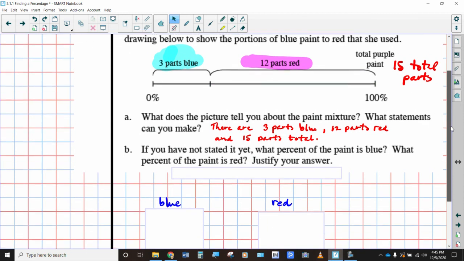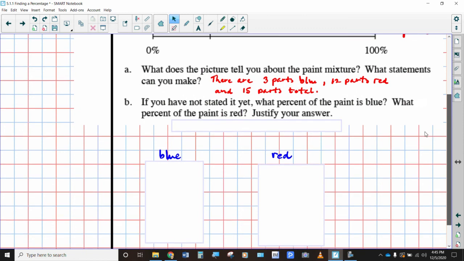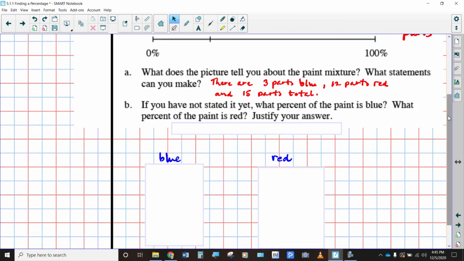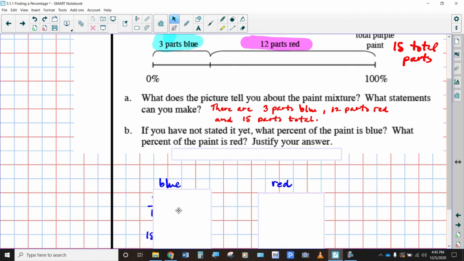So let's figure out what the percents are. How much of this paint is blue and how much is red. Let's set up the percent proportion for each one of these situations. We know 3 out of 15 is blue, so we have to use that to figure out what the percent is. And in this situation, you can do one of two things. You can either cross multiply,